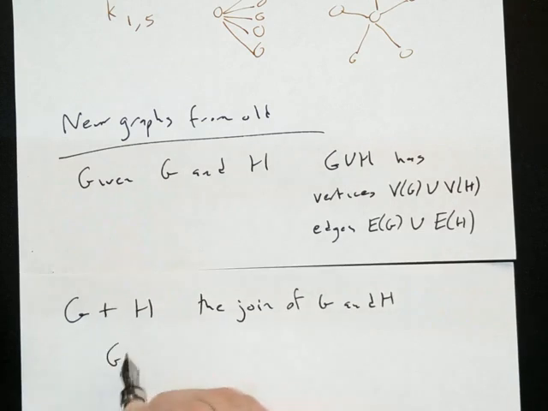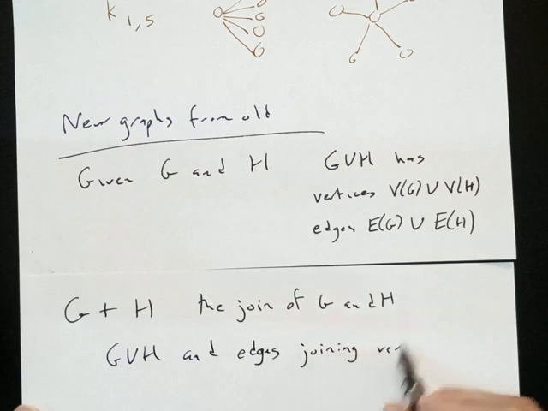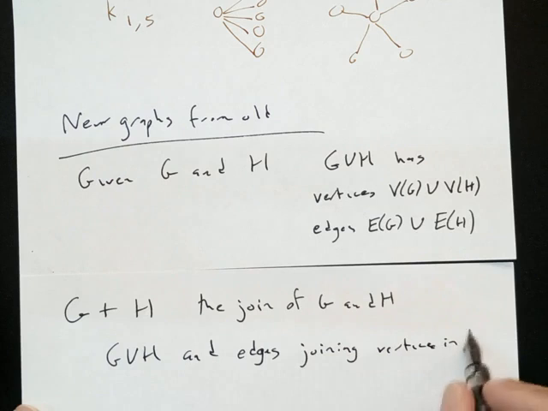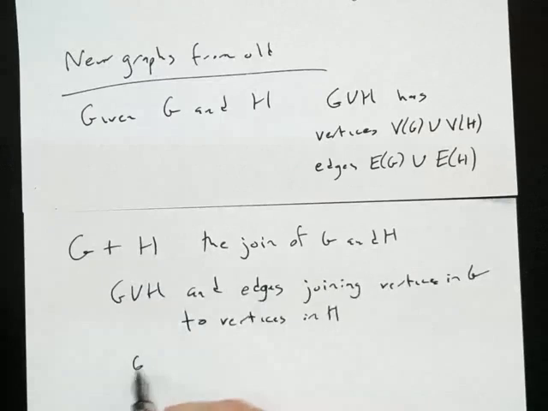But what this is, is G union H and edges joining vertices in G to vertices in H. So if I had G being, I don't know, a triangle, and H being a square,